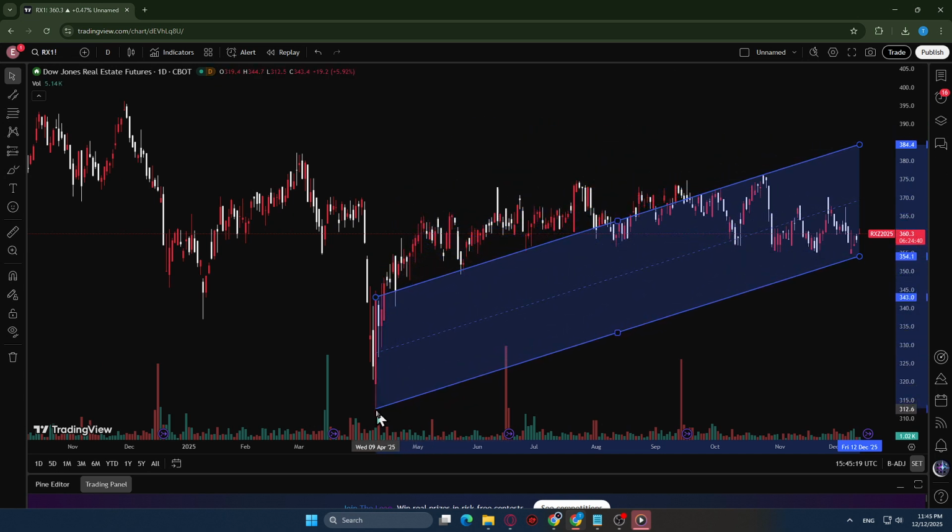Once your channel is placed, take a moment to observe how price interacts with it. Does the upper boundary capture repeated rejections? Does the lower boundary hold as support? This context helps you use the channel for planning, whether you're looking for potential bounces within the range or a